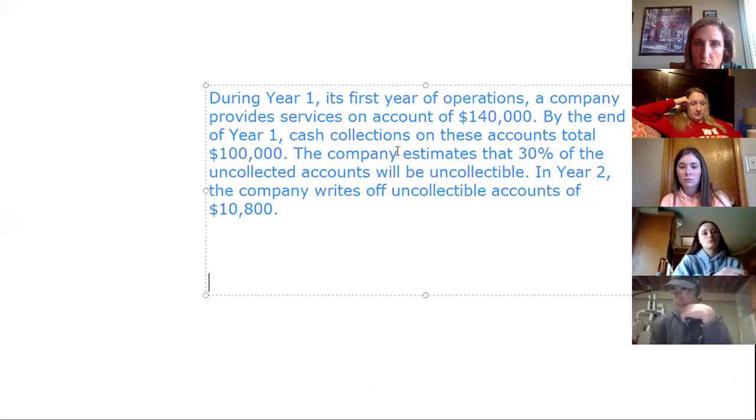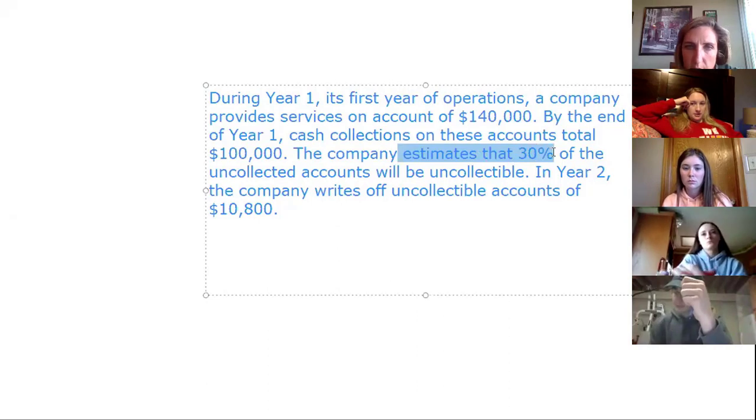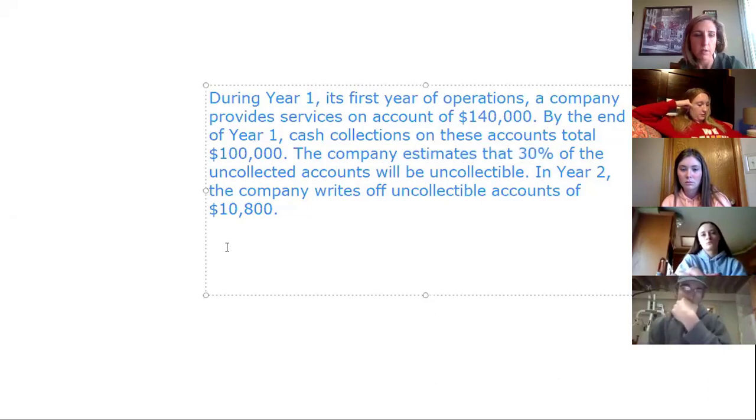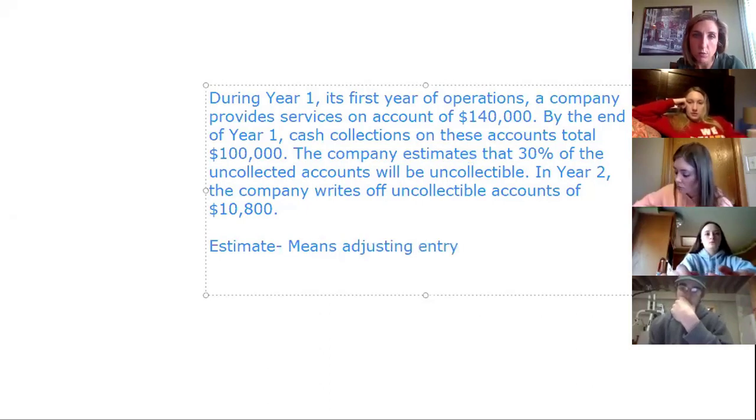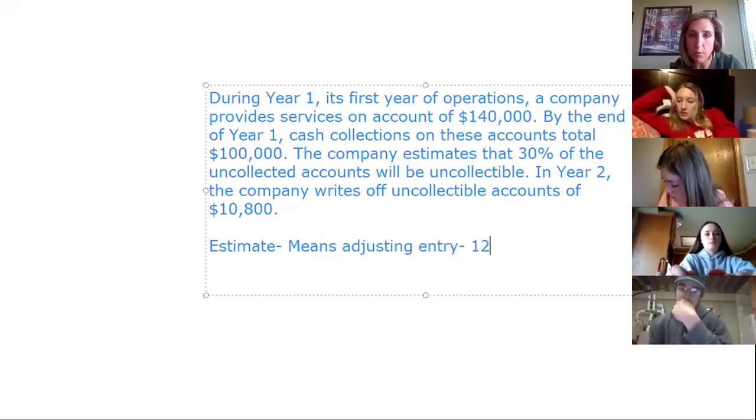You see this keyword here, estimate, of 30% for the uncollectible accounts. That keyword, estimate, means adjusting entry. So you are going to, at the end of the month, quarter, or year,